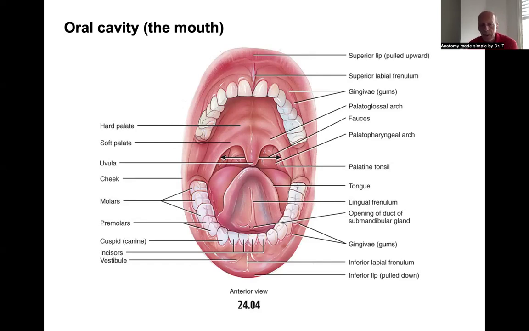So if we're to formally announce the entrance into the oral cavity, it would be the space that is marked by superior and inferior lips. And of course, once we pass the level of lips, we're entering pretty much the vestibule of the oral cavity. Vestibule is pretty much a space that is between lips and gums. And if we go further laterally, basically the space between our cheeks and gums. Both could be said for the vestibule of the superior as well as the inferior part of the oral cavity,